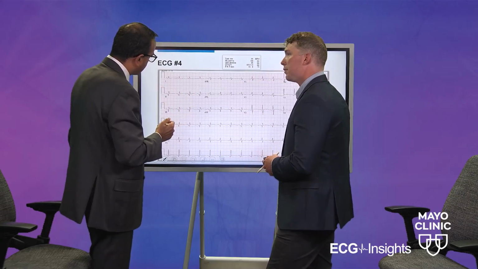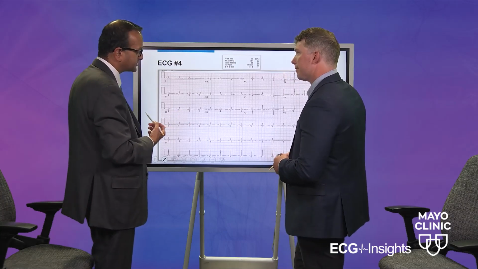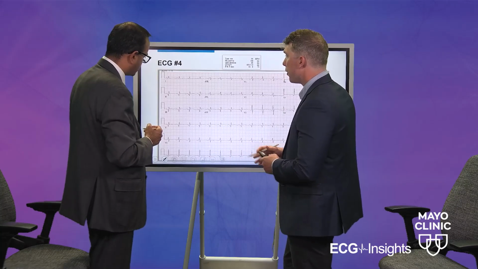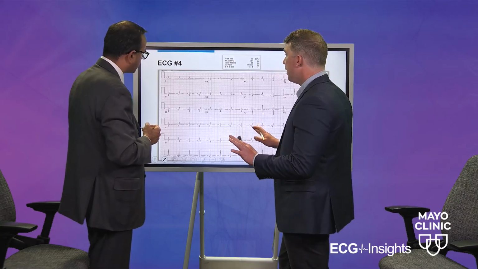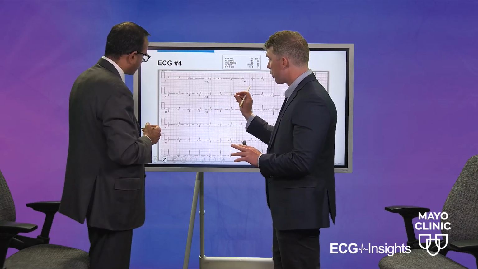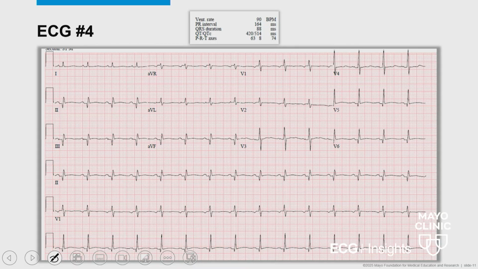Absolutely. And again, going to the initial point, it has to be 2 contiguous leads, because if it is just an isolated lead, then it is not a definition of an old myocardial infarction. It has to be in 2 contiguous leads also. Yeah. It seems to be fairly common in lead 3 where you just have an isolated Q wave. Right. That doesn't necessarily mean it's pathological, because we also need to have the correct measurement of at least 30 milliseconds, and then 2 contiguous leads, pairing that with AVF or lead 2.